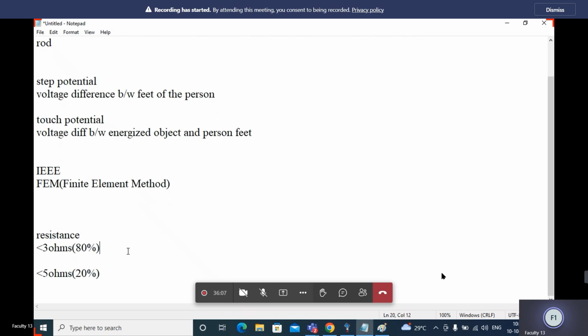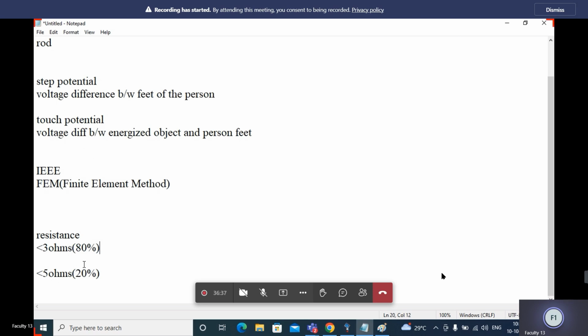In that earthing part, in real time, they will use one more element to check the resistivity. If the resistivity is very high, then while doing the earthing they will use coal, as well as soil, water, and salt. These things are used to reduce the resistivity.